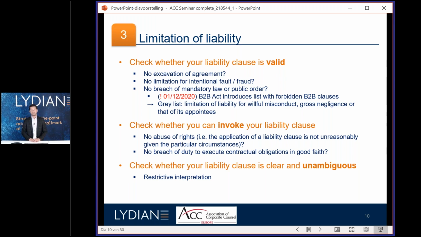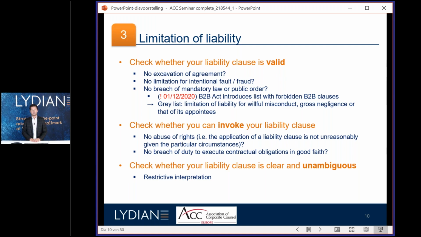There can also be no limitation for intentional fault or fraud, as that goes against public order. And the specific Belgian B2B Act has now also produced a list of forbidden B2B clauses. So you will have to check, certainly in the Belgian context, your contract, your agreement, even your general terms and conditions, in order to make sure that it does not still contain any forbidden clauses,